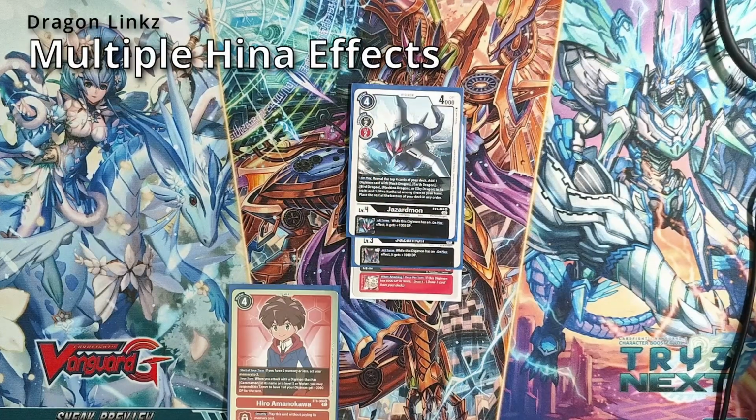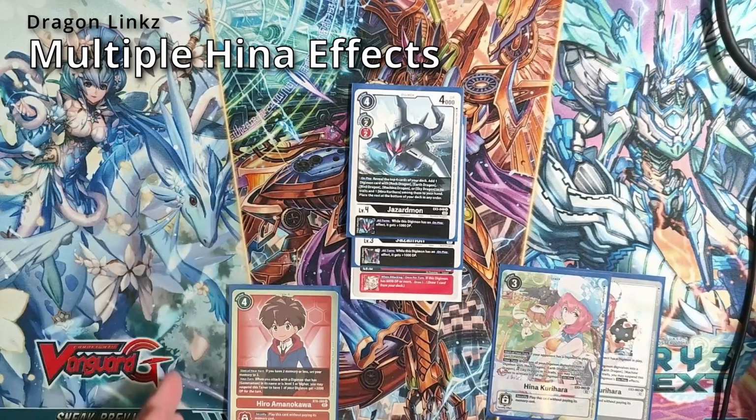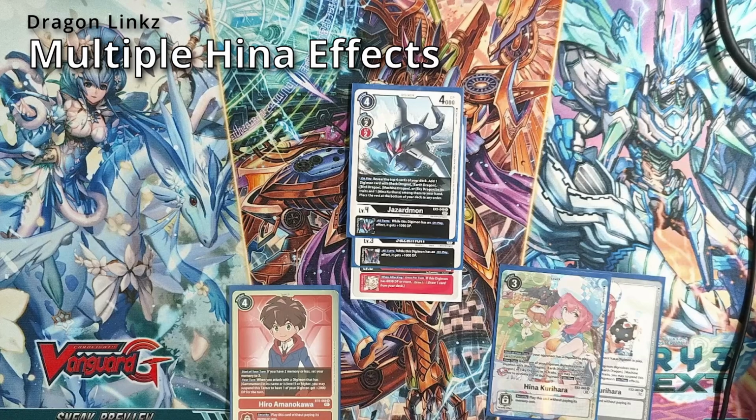Right, let's run through some quick Dragon Linkz stuff. So, let's say that we started with 2 Hinas out on field, your level 4, and your Memory Tamer just for parity stick. So, Memory Tamer puts us to 3, 2 more Hinas puts us to 5 for the turn. Whether that's important or not? Probably not at this point. However,